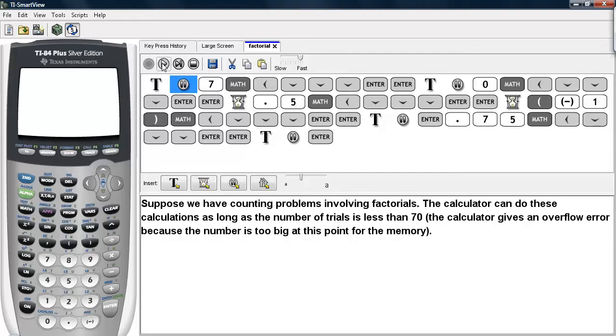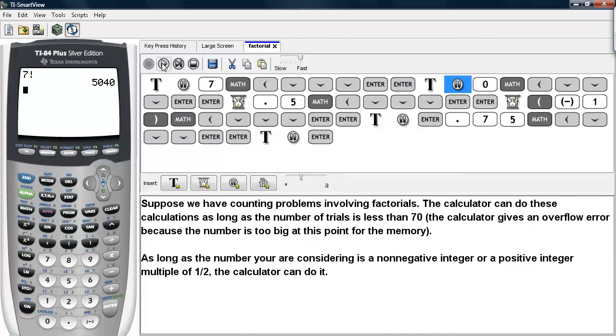So let's assume we want to find the value of 7 factorial. So we hit 7, we go under Math, highlight PRB, and go down to where the exclamation point is. That is the factorial. We can go ahead and hit Enter, and we see that 7 factorial is 5040. As long as you are considering a non-negative integer or a positive integer multiple of 1/2, the calculator can do